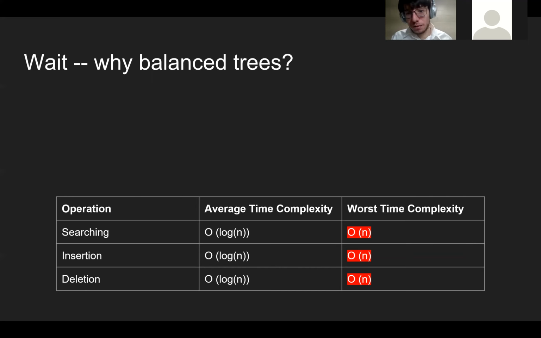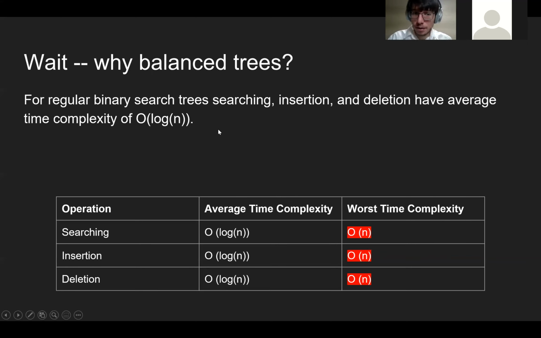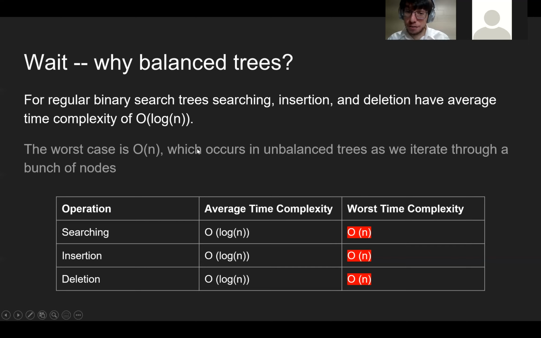So why balanced trees? Let's talk first about what you have with unbalanced trees, or just regular binary search trees. For a regular binary search tree, the average time complexity of insertion, deletion, and searching are all log n, which is great. That means we can do all those operations in log n time. However, the worst case for all of these is O of n time, because these trees may not be